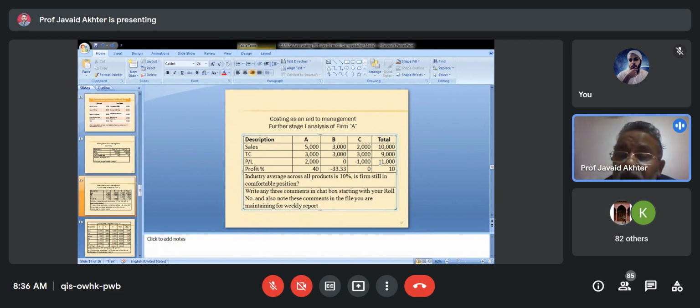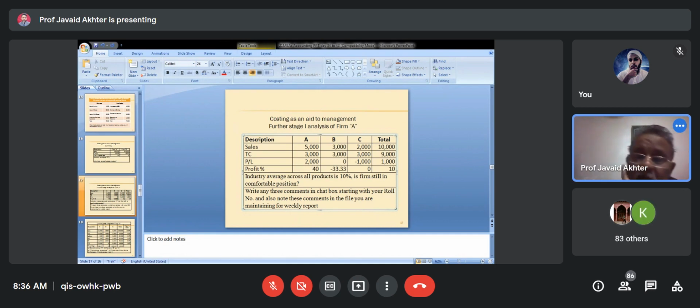How do you calculate the weighted average? Unless you know what is the revenue from each source and what is the cost that you are spending on each head or on each product. Therefore, now you have changed your decision, and rightly so, that the company is not in a